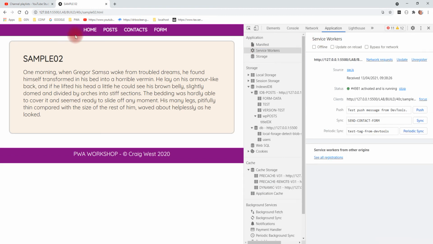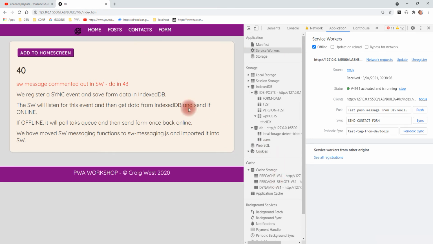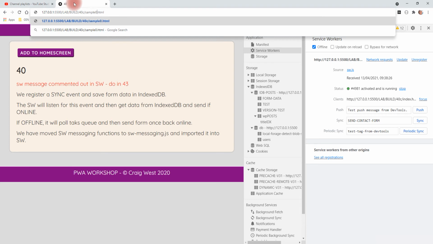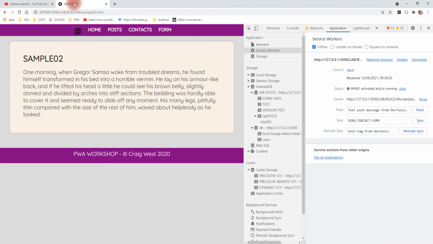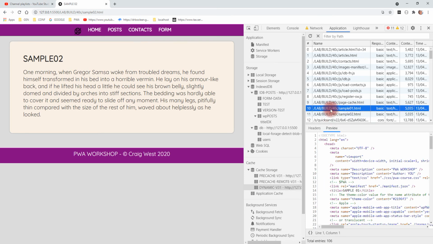and for example, if I go back to home, sample 01. If I now go offline and click for sample 02, there it is. That's because it's also been loaded in dynamic cache. There it is, sample 01, sample 02. If we delete those,